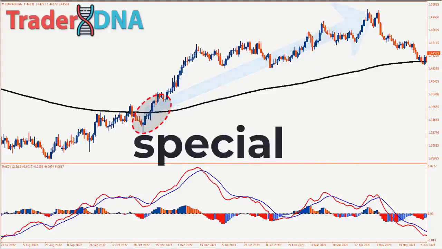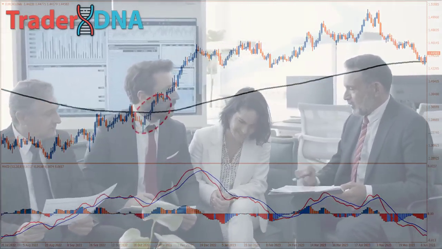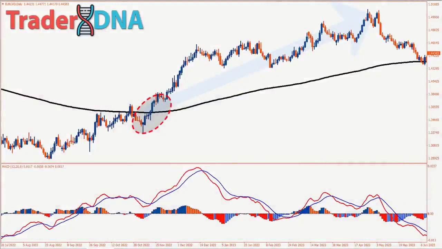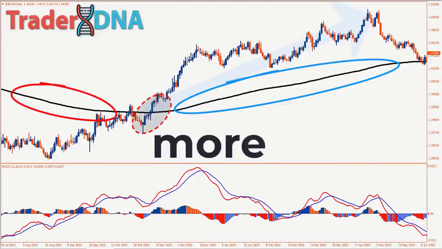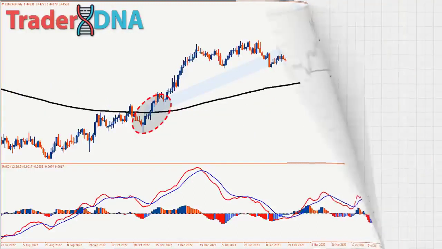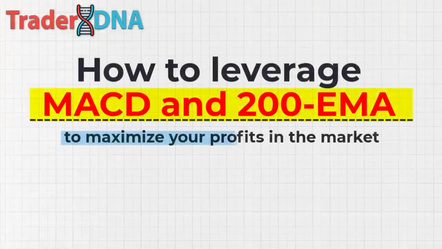It's because all institutional traders like banks and fund managers pay great attention to this 200 EMA line. And many of their financial decisions are based on this line. Since they all think and assume the same about this line, the effects of their financial decisions can be predicted more easily. Next, I will show you how to leverage MACD and 200 EMA to maximize your profits in the